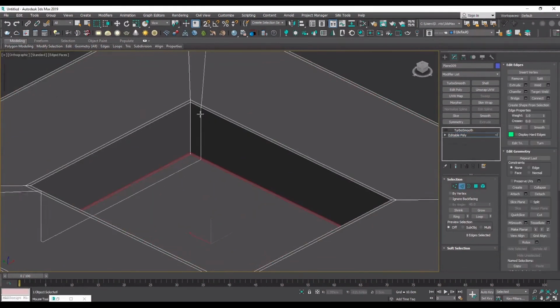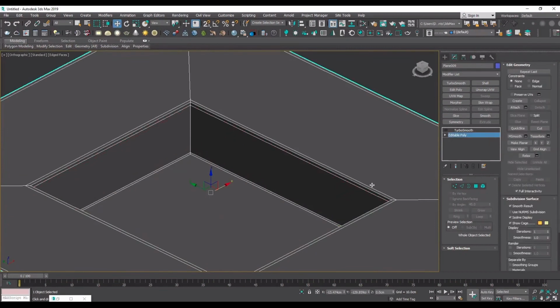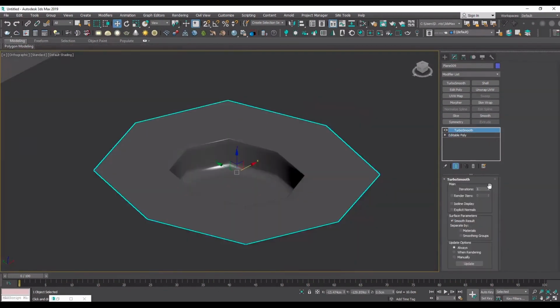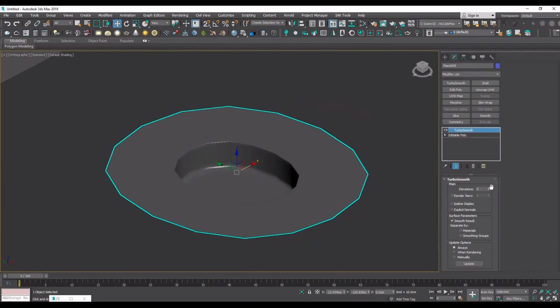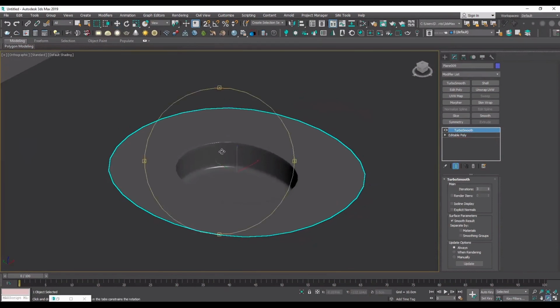So now I think we've worked enough with Swift Loop and we know how it should work to help us limit more edges. I want to now test Turbo Smooth to see if we're on the right path,